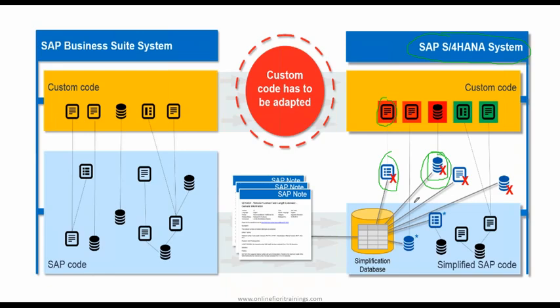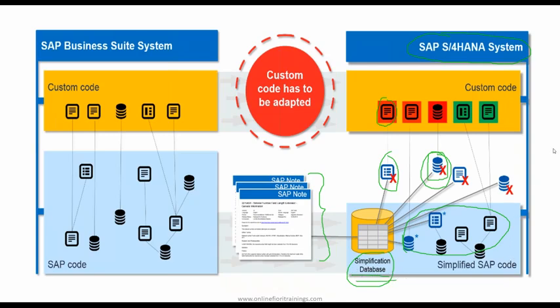But the good news is SAP offers you something called a simplification database. What is a simplification database? Traditionally during implementation, your custom code gets affected, and SAP is making the changes and maintaining these changes against notes. They are providing you notes, and this collection of notes, along with all the changes which SAP has made in S4 as compared to the business suite, is maintained inside something called the simplification database.